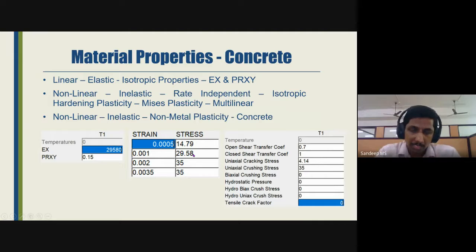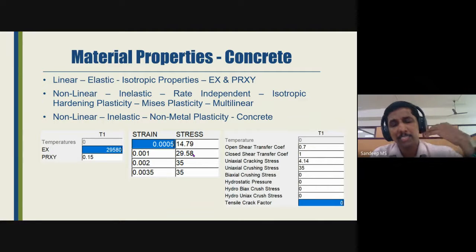Now, as we have already seen in the overview, once we complete selection of our element types, we have to clearly specify the material properties, and this is the crucial part in finite element modeling. If we commit some error while defining the properties, it will surely affect our final result. Especially when you are modeling in ANSYS APDL, because the reason we go for APDL is that it will give us more control.